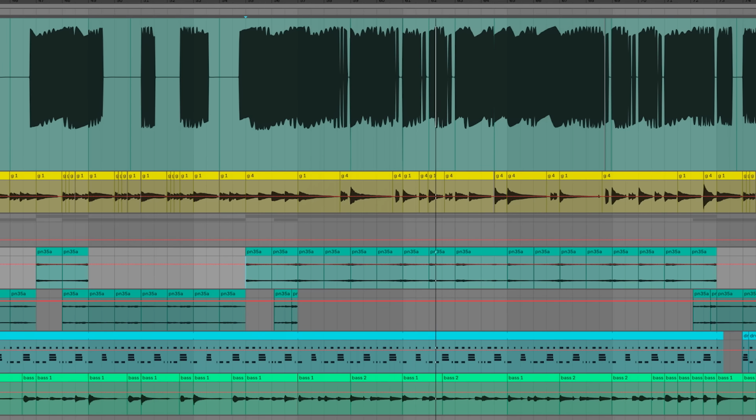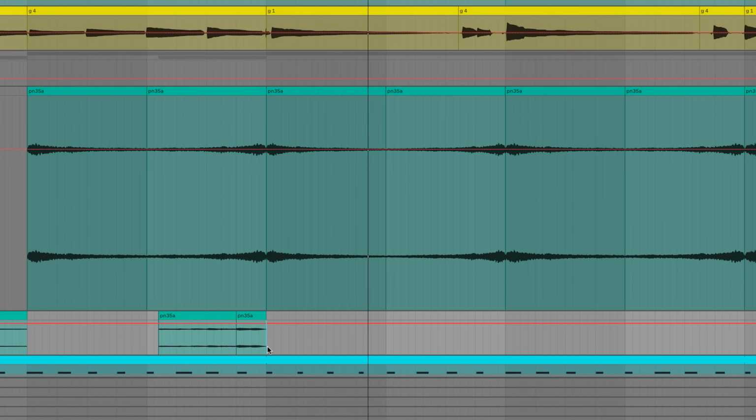And one of my favorite little tricks that I'm doing here is when you have a held chord, sometimes I like to chop it to just half as long as I need and then reverse it and use the reverse copy as the second half, so it kind of swells into the next chord. So that's everything I did with the sample.